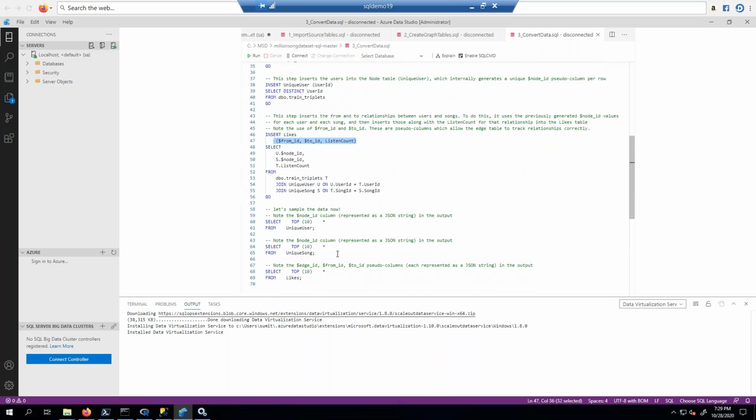And let's do, yeah, I'm not going to insert those because the insert might take time, but let's do a select from these tables. So we do select top 10 from each one of those 3 tables. Okay.